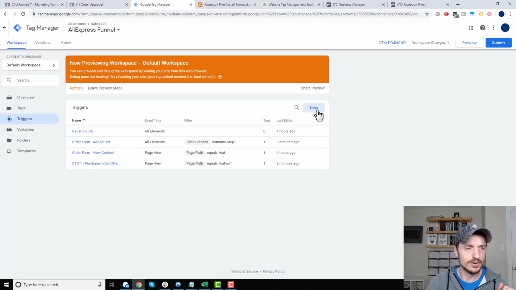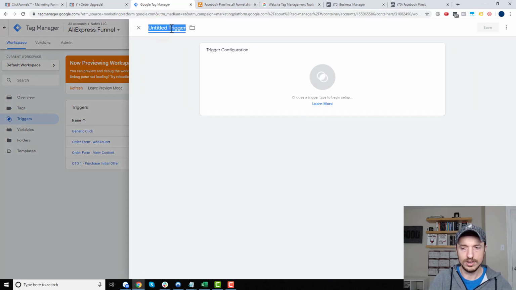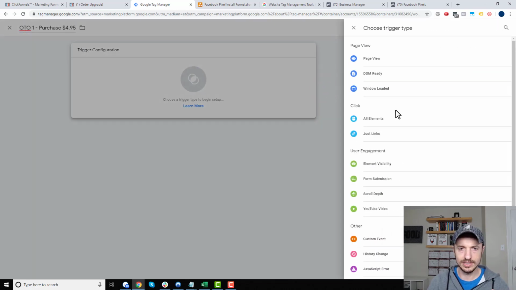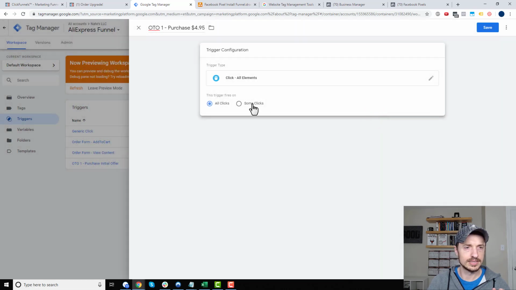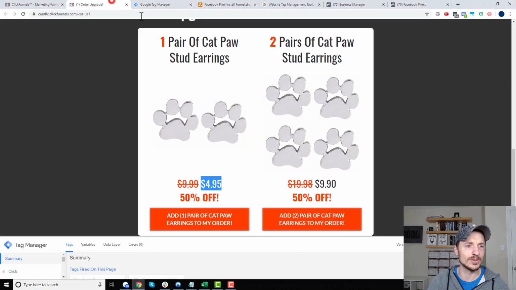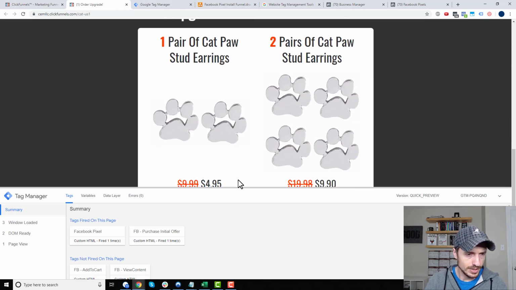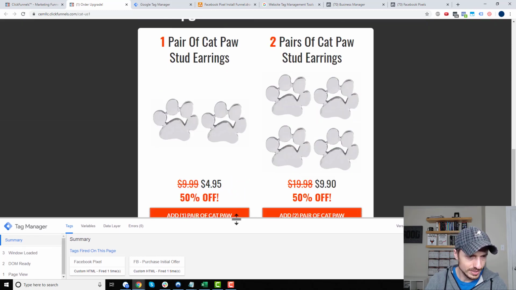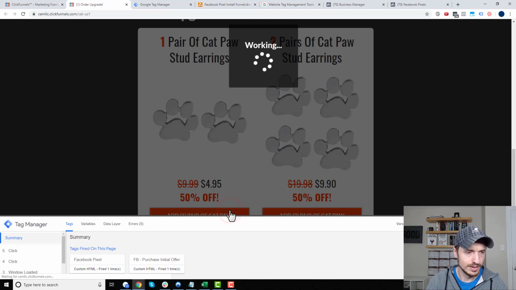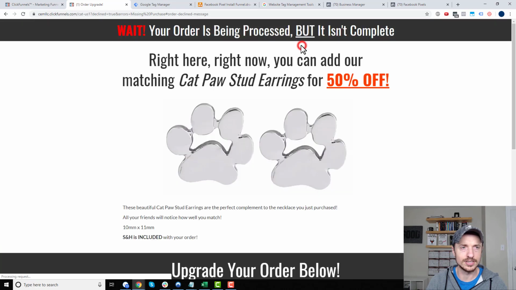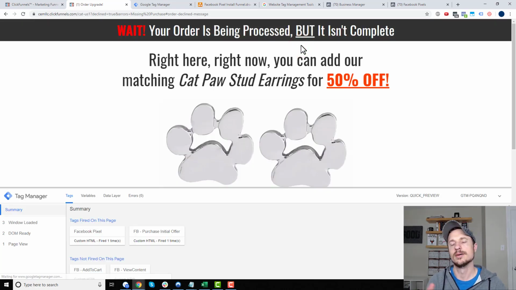triggers, and then new down here, and OTO 1 purchase $4.95. All right, good enough. All right, this one, all elements, some clicks, and then we need to go figure out our variable over here. And so let's scroll down to our button, and we've got to resize this a little bit here. And I'm just going to click on the button and wait for a second, and we get a missing purchase error. So these OTO pages are a little tricky,